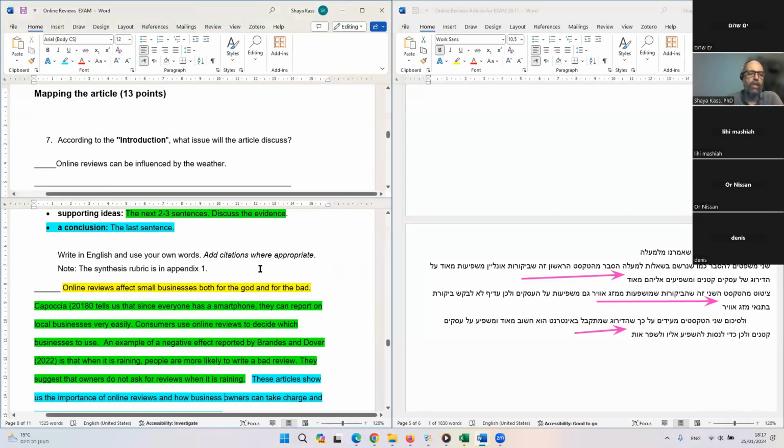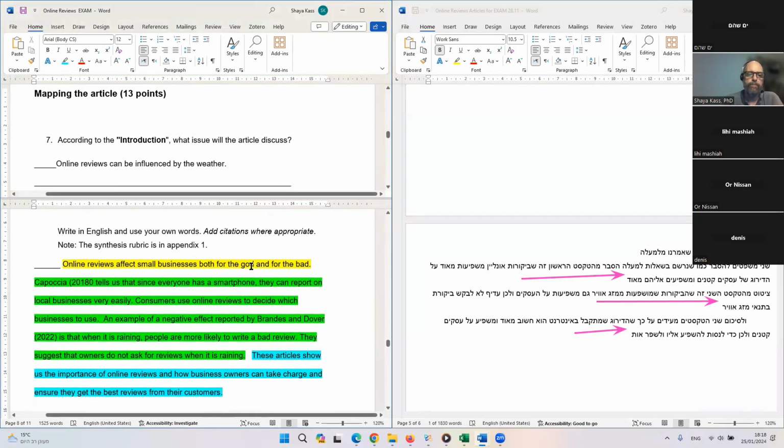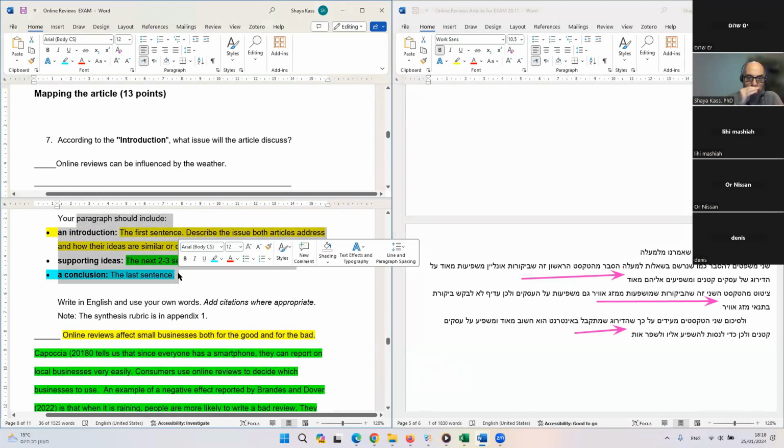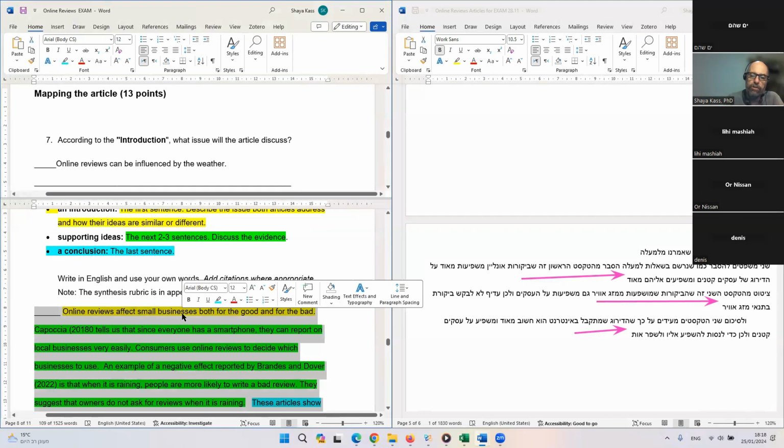Here, for this part, which is I think 32 or 34 points, make sure that you have the first sentences as an introduction, then 2, 3, or 4 sentences that talk about what you wrote about, and then a concluding sentence that goes back to the main idea. That is the most important thing. Again, make sure that you follow these directions. We give you the directions on the test. Follow them. The first sentence has to introduce it.